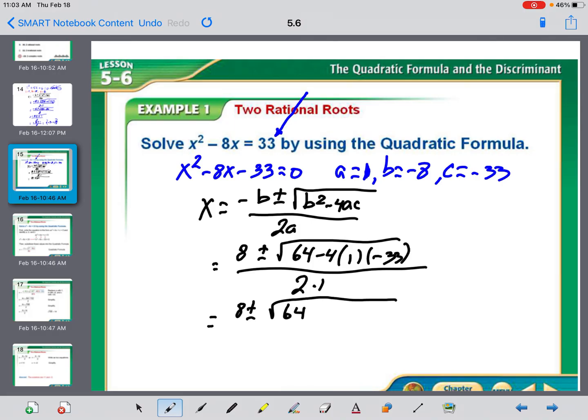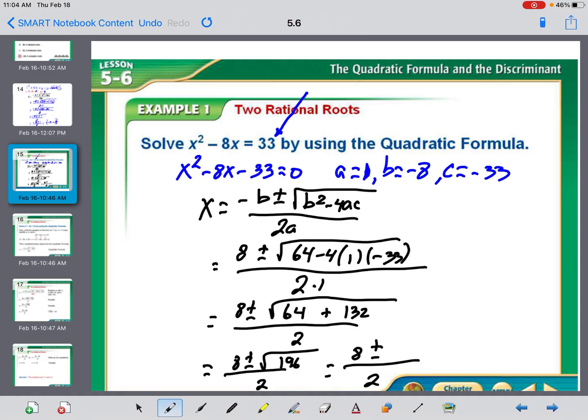Now this is 64, and -4 times 1 times -33, I believe, is a positive 132 over 2. So that's 8 plus or minus 64 plus 132 is 196 over 2. Now, it just so happens that 196 is a perfect square, which is convenient. So you get 8 plus or minus, over 2, square root of 196